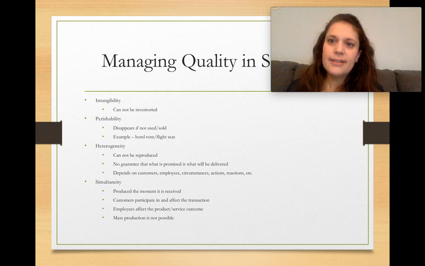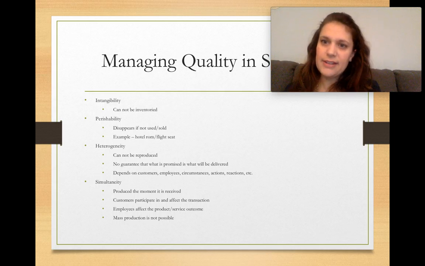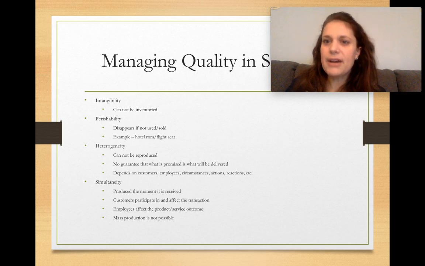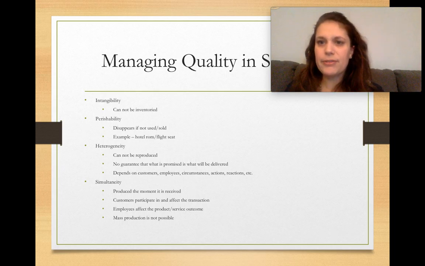The trick, or the challenge, I should say, in all of these is that employees and service providers affect the product and service outcome in all of these scenarios. Whereas when we're talking about just a product, that is, again, produced in advance, it's inspected, it's produced on an assembly line typically, and it's rolled out, and everybody gets the exact same thing no matter how they purchase it. If they buy it online, if they buy it in Best Buy, if they buy it from their friend, it's